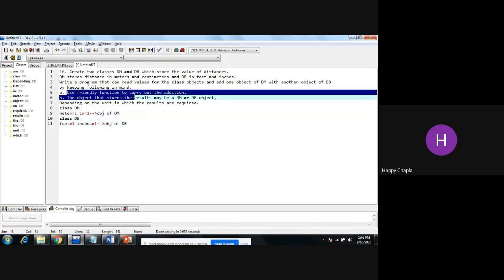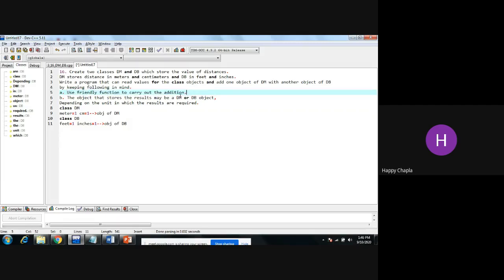So we have one solution named friend function. If I declare one friend function in this DM class and the same friend function in this DB class, then that friend function can access these two variables, as well as these two. So if you want to add those values, you have to declare one friend function which is common to both classes, and that friend function can access all four units of my distance.